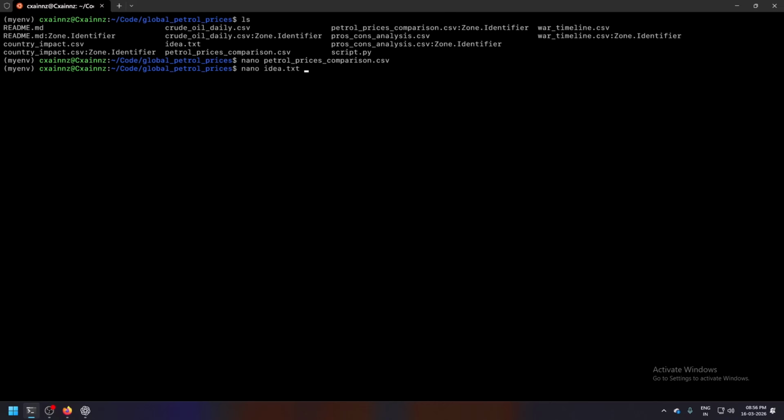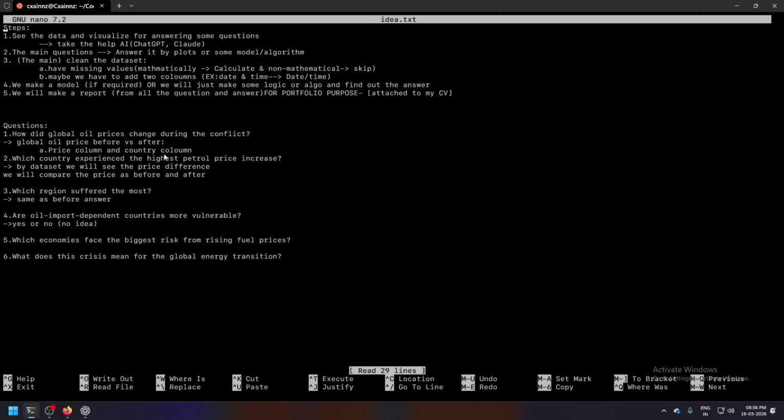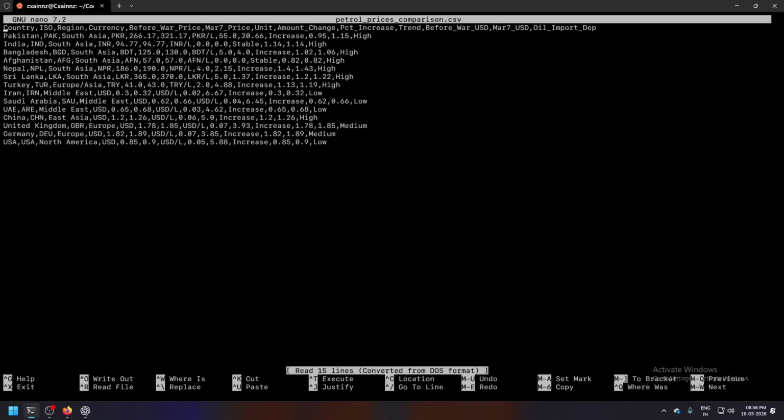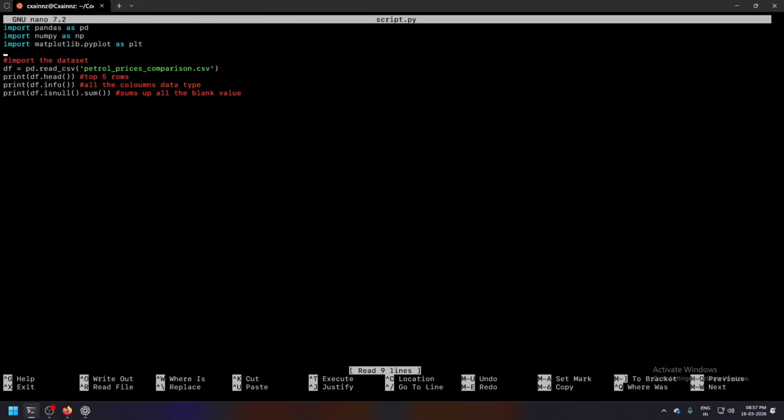The question was, how did global oil prices change during the conflict? So we have to show the before and after price. If I already have a column of amount change, wouldn't it be a simple thing to plot? Maybe I'm wrong, maybe I'm right. That's why I opened this.